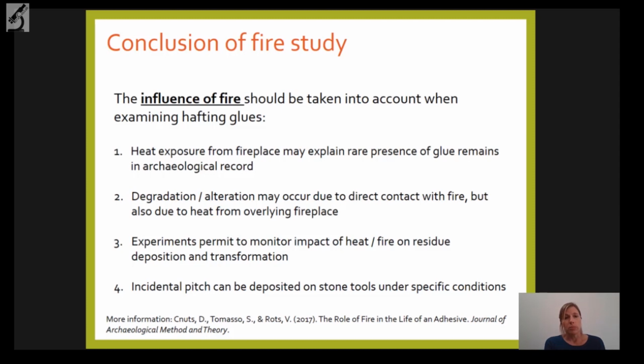We've shown that experiments permit us to monitor the impact of heat and fire on residue deposition and transformation. We also showed that incidental pitch can be deposited on stone tools under specific conditions, which is a factor that should be considered more closely in the future.